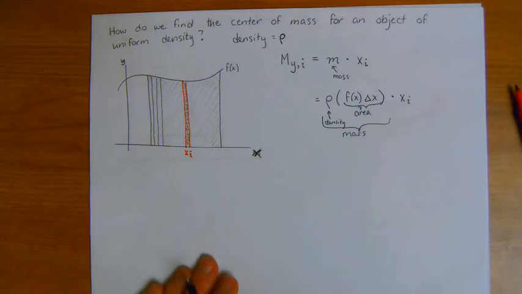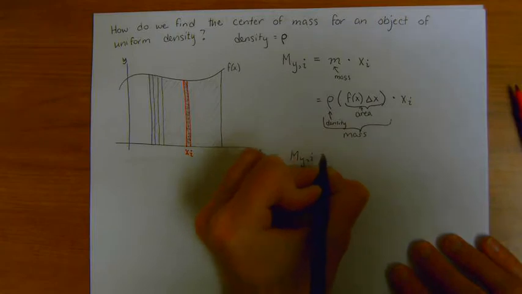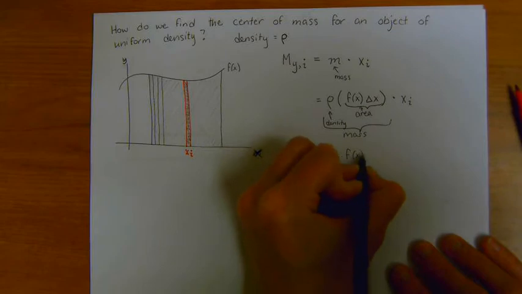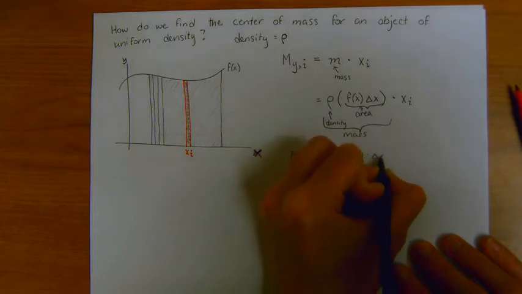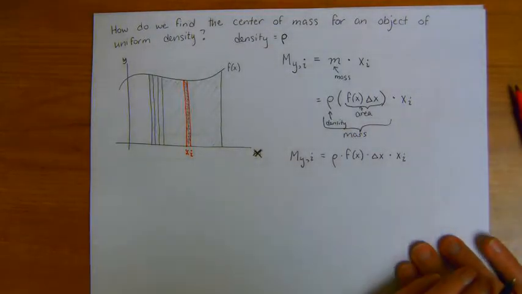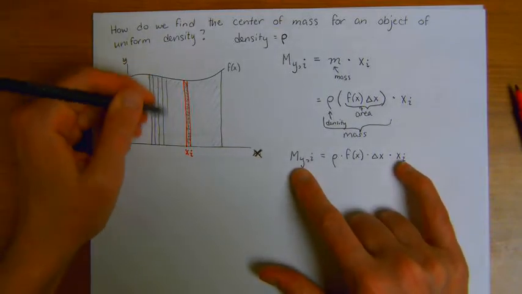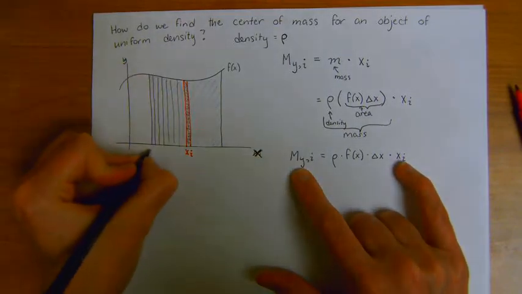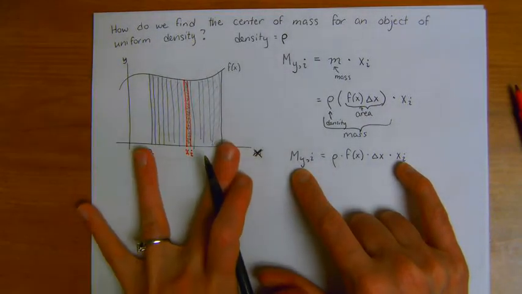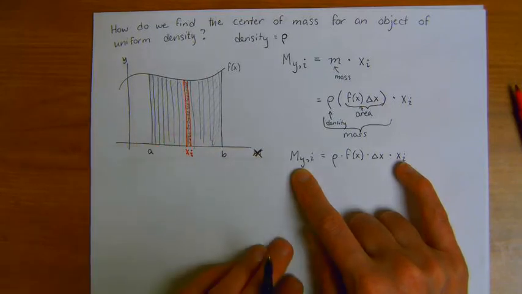So all of this looks sort of complicated, right? But it boils down to something relatively simple, that the moment for the ith strip is going to be the density of that strip times the height of the strip times the width of the strip times the distance of the strip from the y-axis, which is given by x sub i. But we don't want it for one strip, we want it for all the strips. And this is where we use calculus again, the thing that we've done over and over again, that we want to add up every single one of those strips, and we're going to let the width of each of the strips go to 0 as we have infinitely many strips,